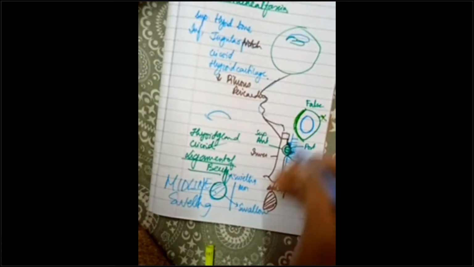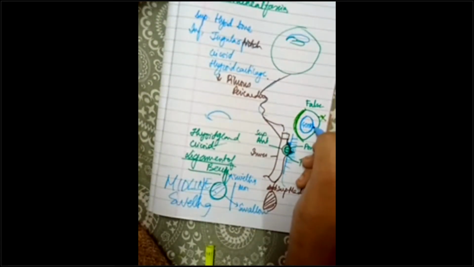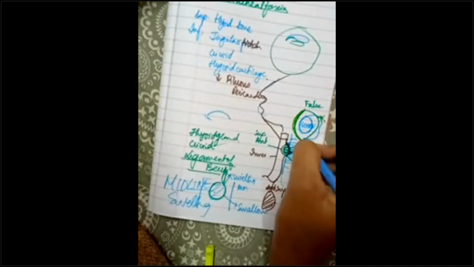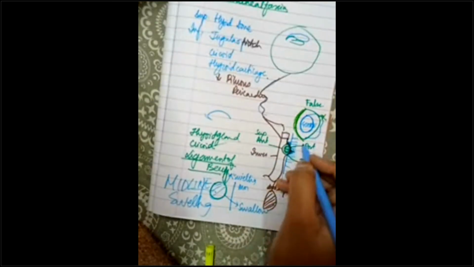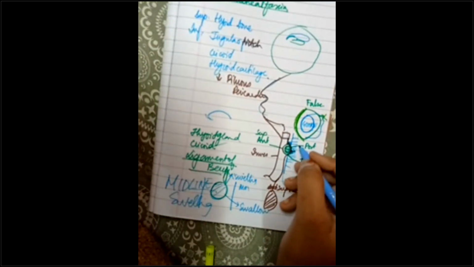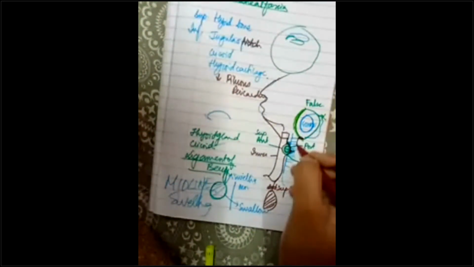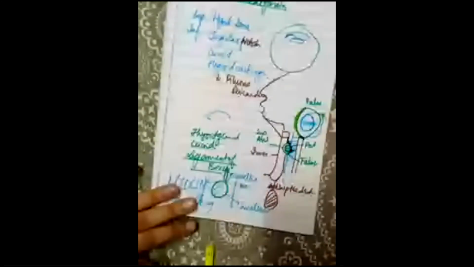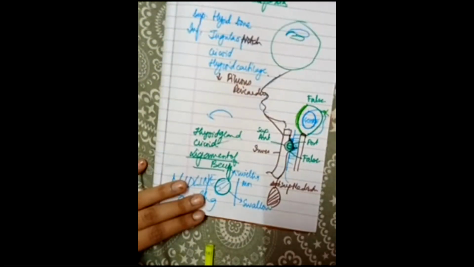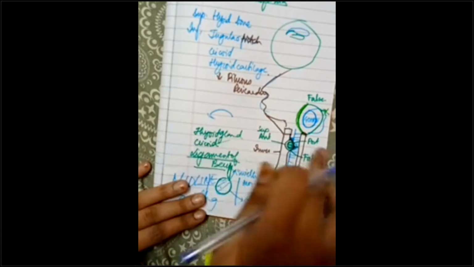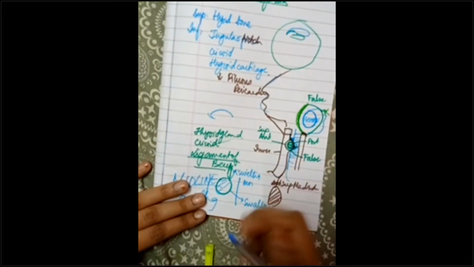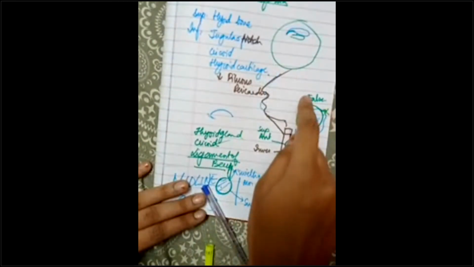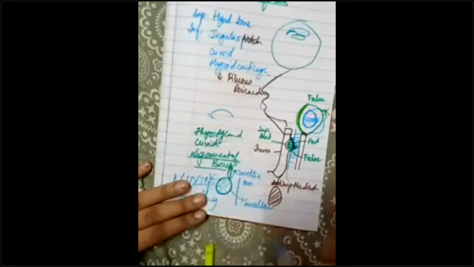So when the thyroid is enlarged, that is in your goiter, it will push backwards. So what structures are there at the back? Your trachea is there, your esophagus will be there, right? So the symptoms arise: dysphagia, dysphonia, dyspnea. These symptoms will arise due to swelling of the thyroid, because it is pushing back, not coming front. Because the anterior layer is very strong, the posterior is not strong, that's why it is going back.